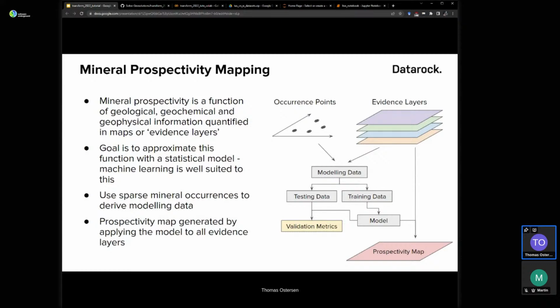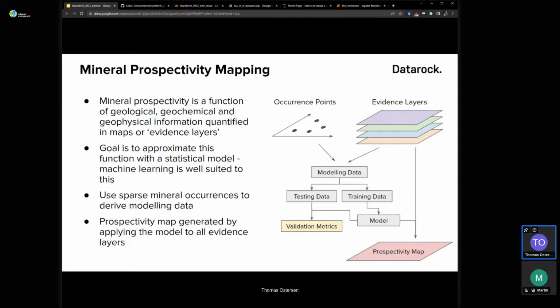Of course, in order to fit a model, we need some points that represent known mineralization, which we've taken from point data sets compiled by Mineral Resources Tasmania. And basically, we combine these continuous raster evidence layers with our occurrence points to generate a set of labeled pixels that are proximal or distal to mineralization.